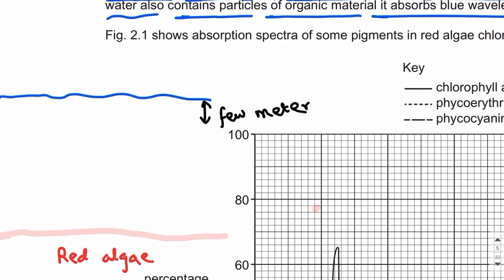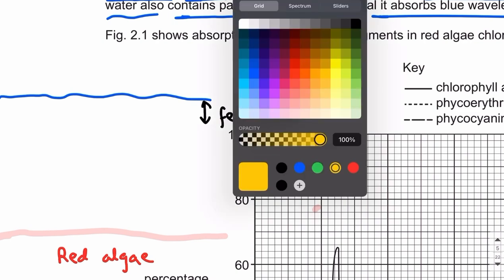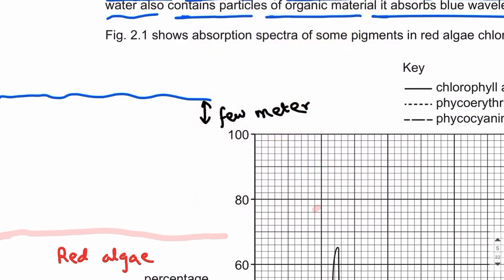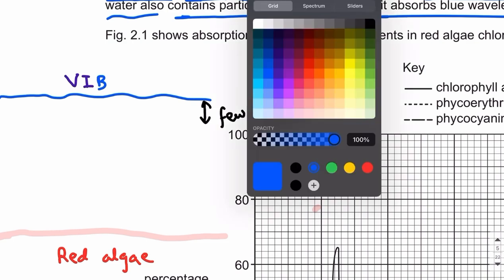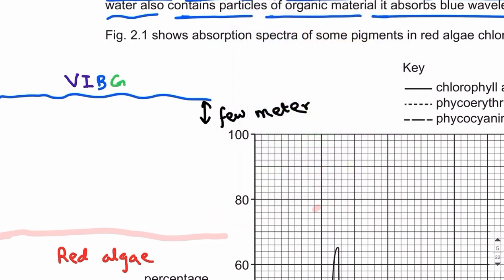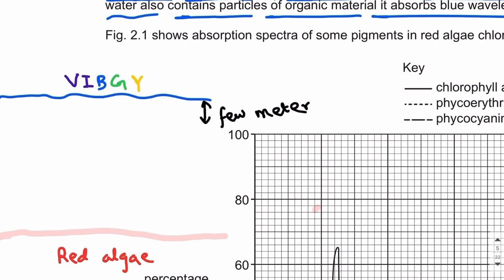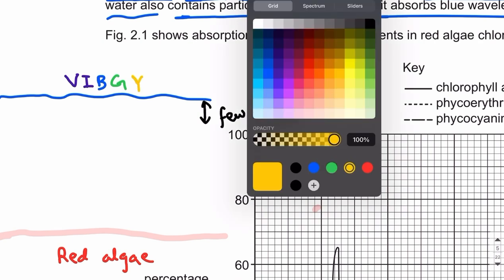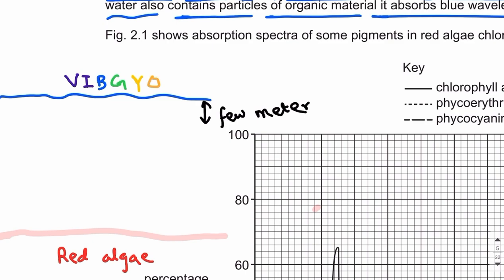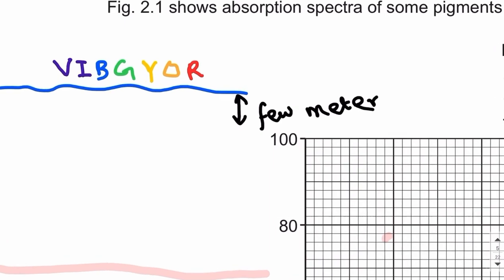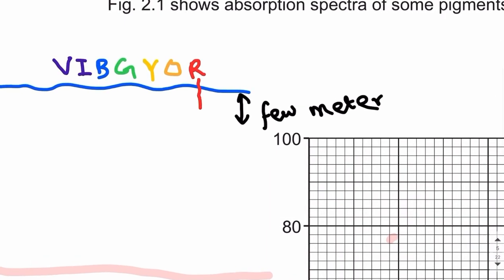So if you guys recall, how many wavelengths of light are there? Or we can say visible light contains how many wavelengths? 7 wavelengths: violet, indigo, blue, green, yellow, orange, and red, right? So what happens is that red wavelength is absorbed